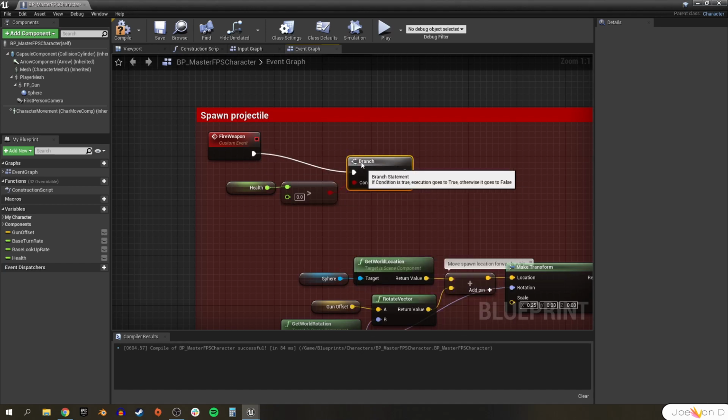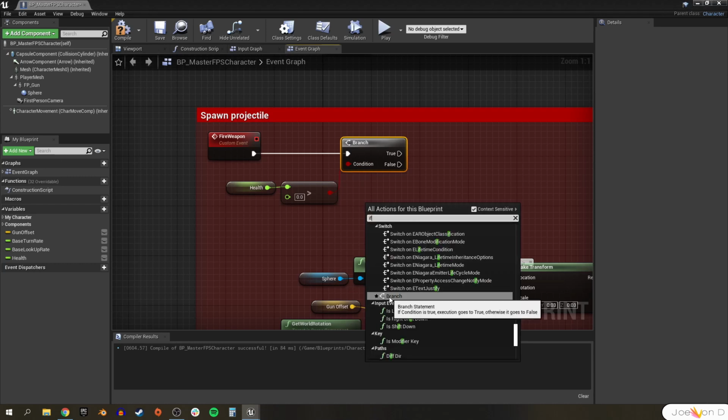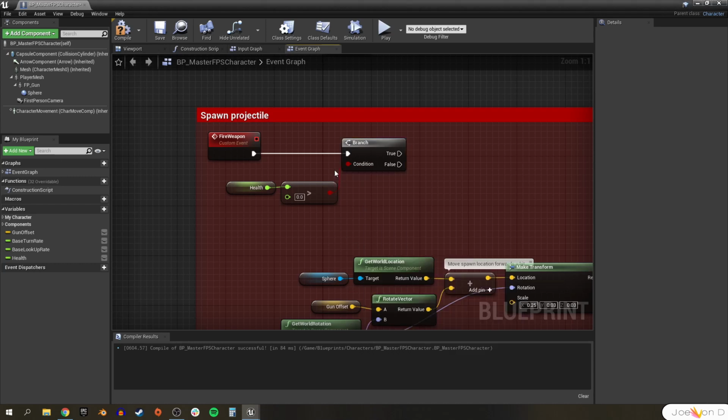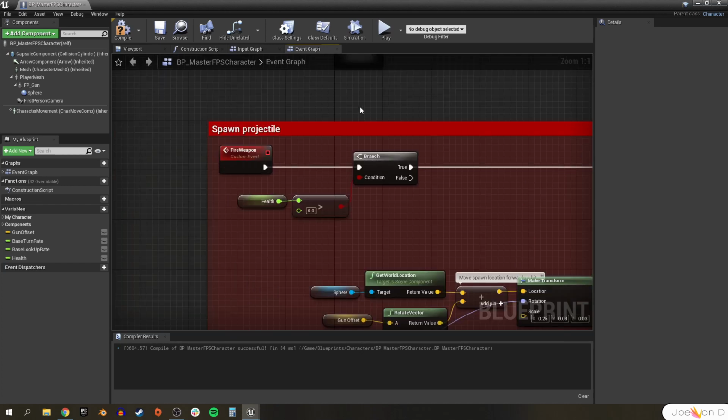Now you can search for branch, or to make it faster, you can just search for an if. That'll automatically pull up branch for you. This will allow us to spawn our projectile only when we're alive if we plug in the spawn actor to our true path. In fact, we're going to be checking if our character is alive a lot throughout the tutorial series,